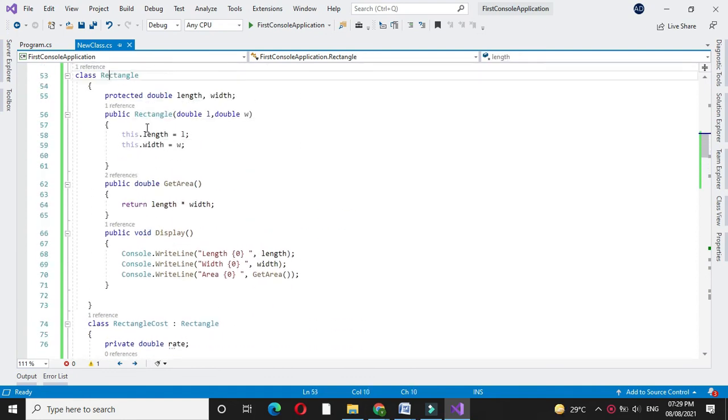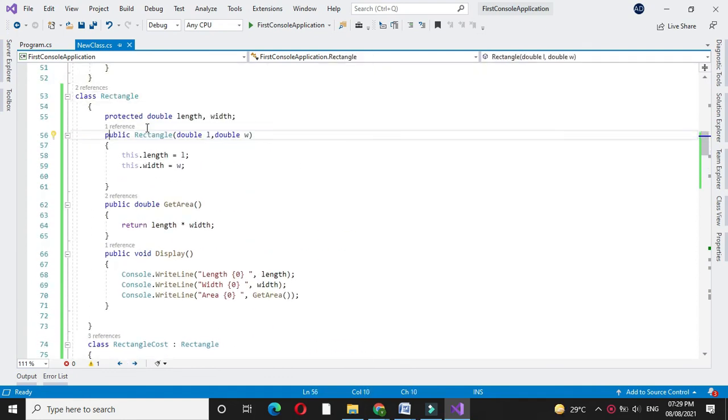Here first I declared class rectangle, in which I have accepted length and width, and I declare one method getArea to calculate the area of a rectangle plot. Then I displayed this length, width and area.